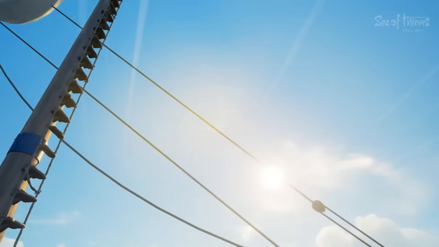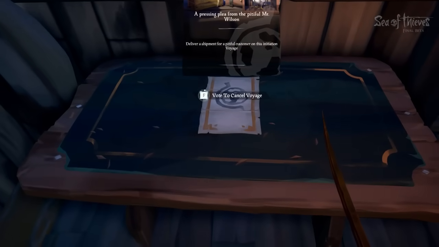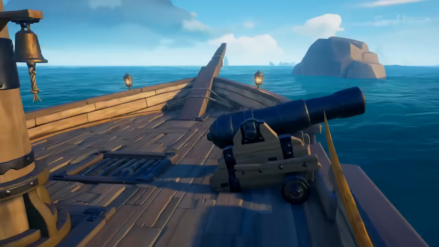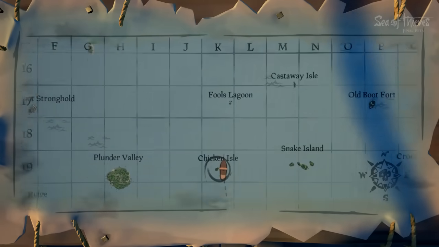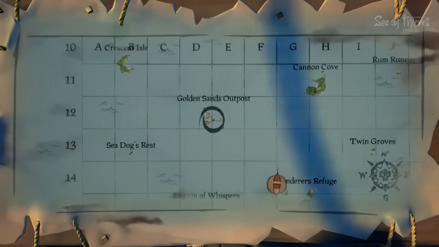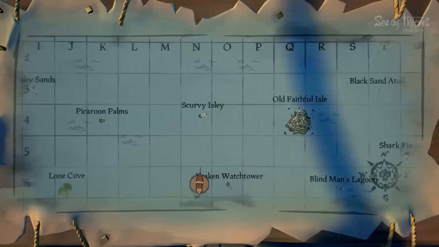Alright. I'm gonna do what I originally wanted to do anyway, which is we're gonna sail far from here. Cancel this voyage first. We're gonna sail to a land far from here, one which we haven't visited yet. A far out outpost, collecting quests that we haven't yet collected. Where would that be? Golden Sands Outpost. Let's go there. You know what? We could go even further. What about...